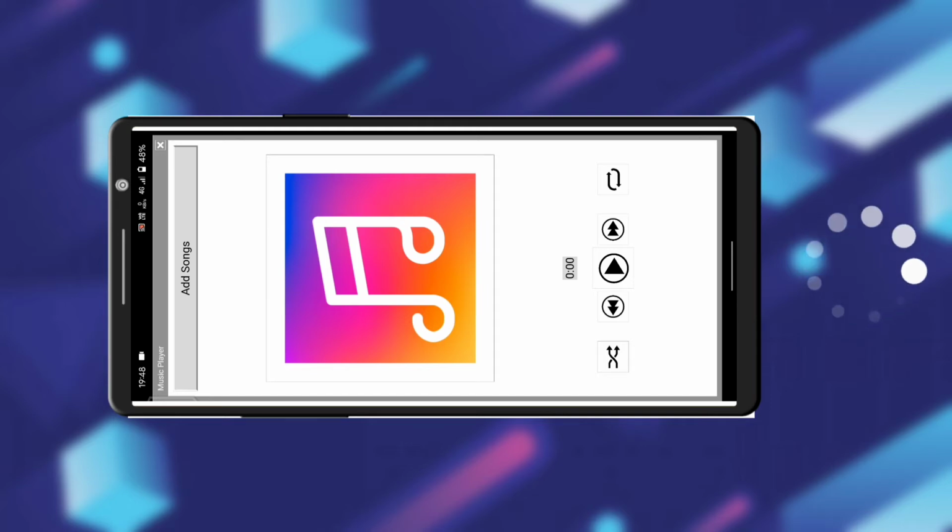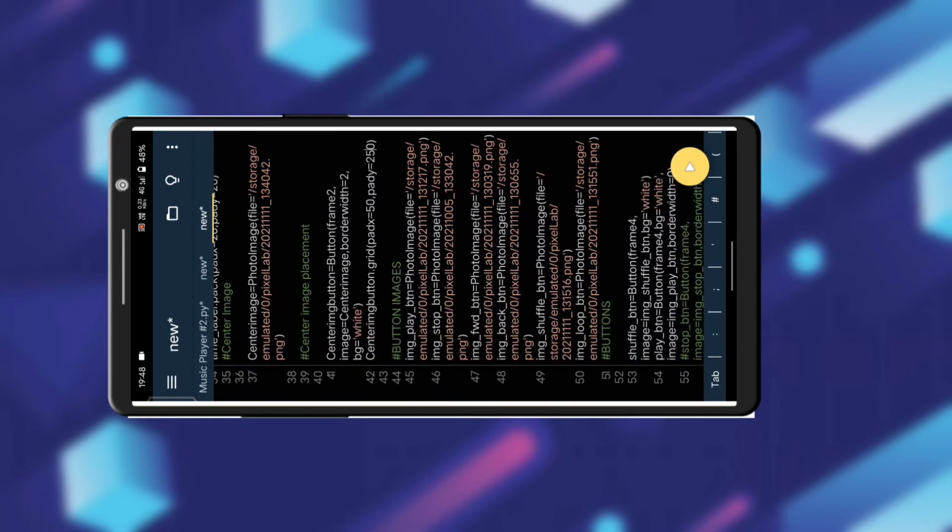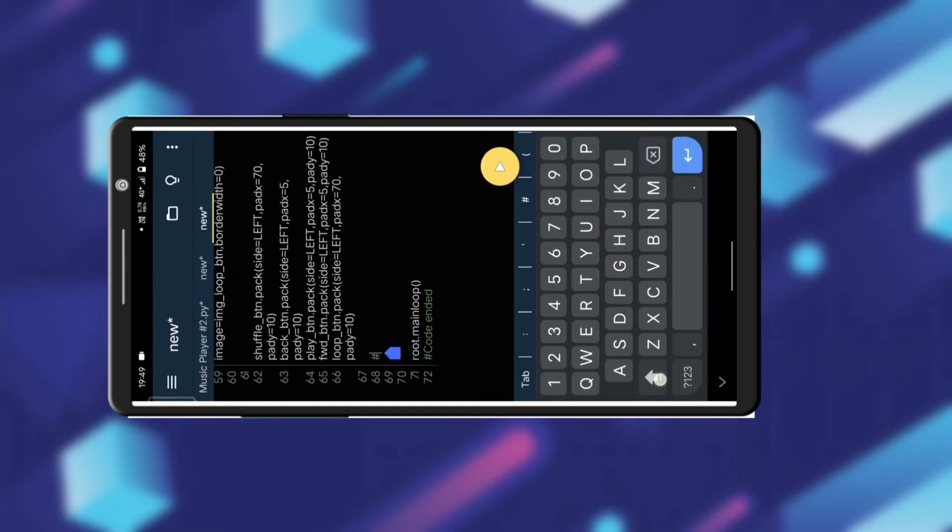So almost we have done all the changes, and now we have to define a function which can change this play button to a pause button when we click on it. So now we are creating a workspace for this function.